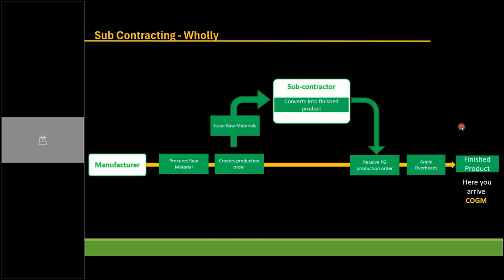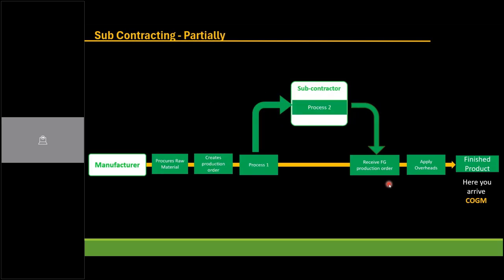Then we will now go into another set of processing. It's called subcontracting. There we will be able to determine the cost of the product. Now look at a scenario where you are just buying the raw materials and giving the entire production to a licensed manufacturer. He will convert it into the finished product and give you the finished product. In this case, you don't have the breakup of what was labor cost. This is a pure buy and sell scenario.